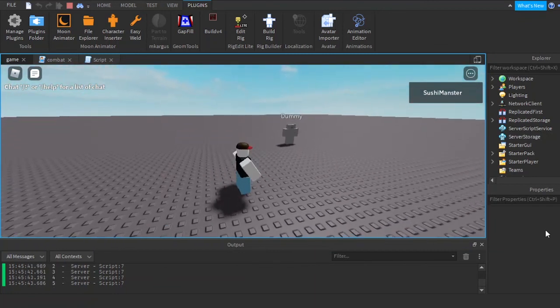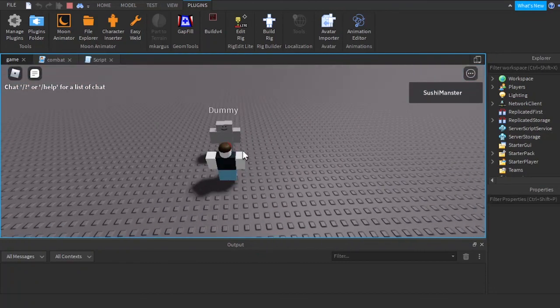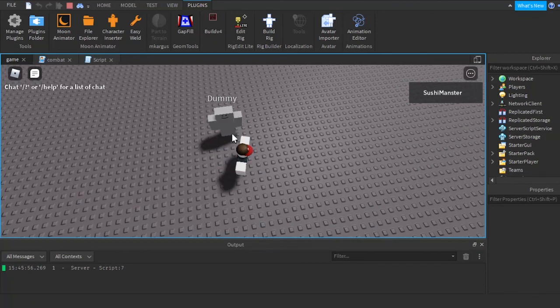Alright, this is the base for the script. I hope you learned something today. Next episode, I'm gonna make it do damage and knock back the dummy right here. I'm gonna click and make the dummy knock back and take damage. But this is it for now. I'm running out of time. I hope you learned something. See you next